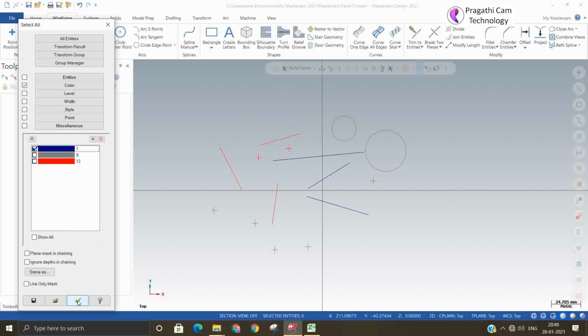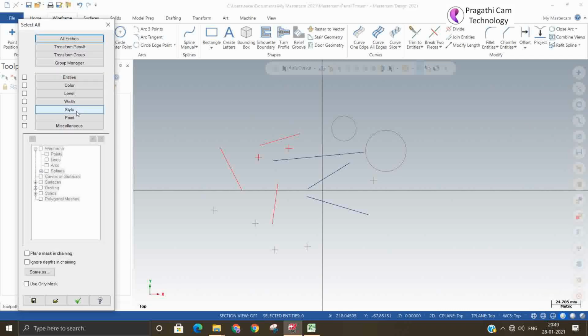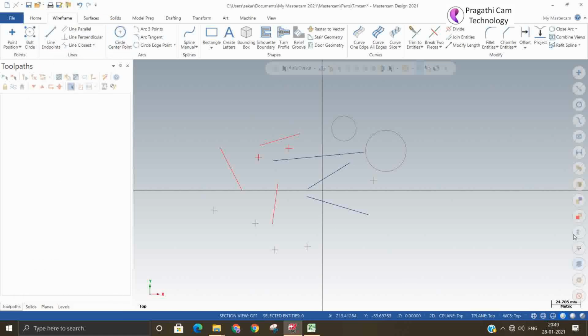Now you can say all blue colors. Like this, you can do the selections. So this is the properties. We can set all the things over there.